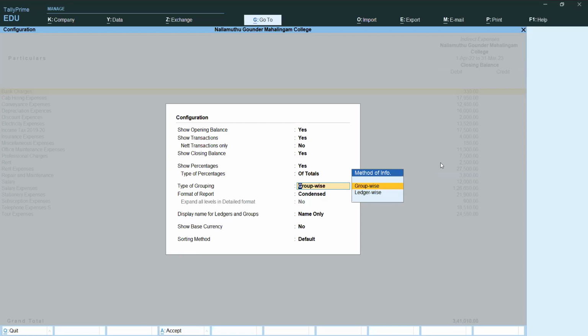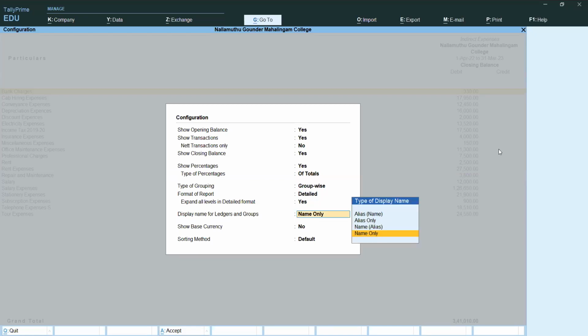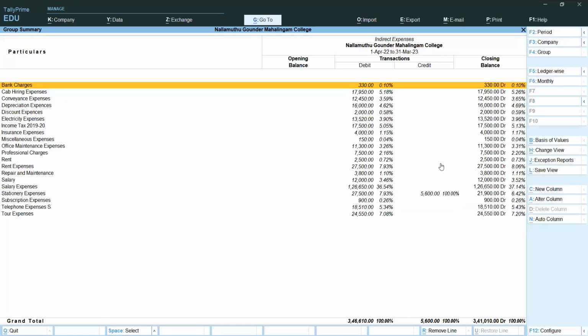Now, group wise is fine. Go to the next option, say detailed, yes. Ctrl+A. So you can see it gives you opening balance. Actually, there is no opening balance. I'll tell you how to record the opening balances also. So debit, credit, and there's only one credit transaction in the account of